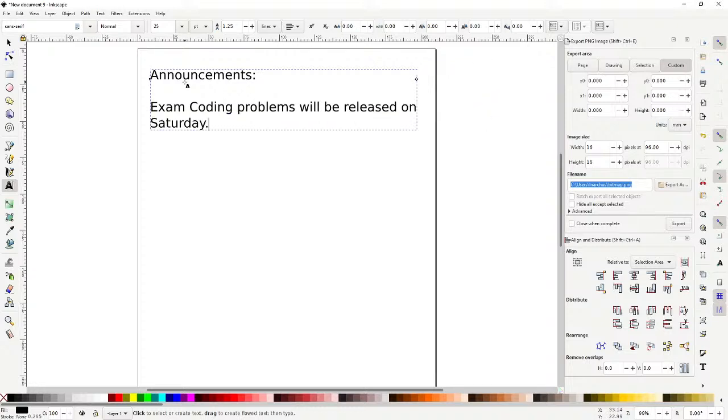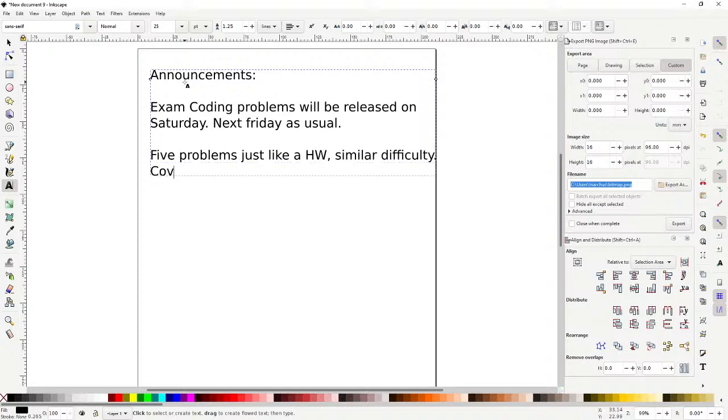You'll have until next Friday, as usual, a 7-day period. There will be 5 problems, just like a homework, of similar difficulty. The only exception is that they're going to cover everything up to basic functions, so nothing too terribly complex with regard to functions.